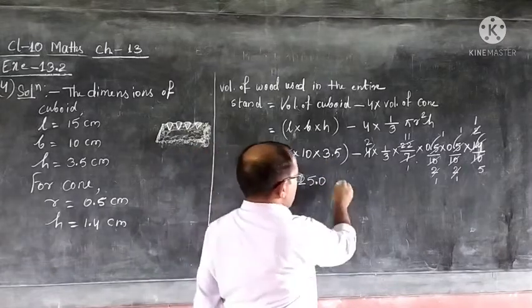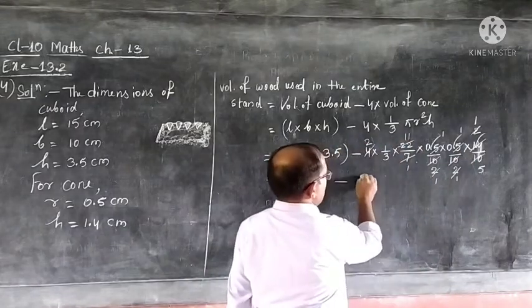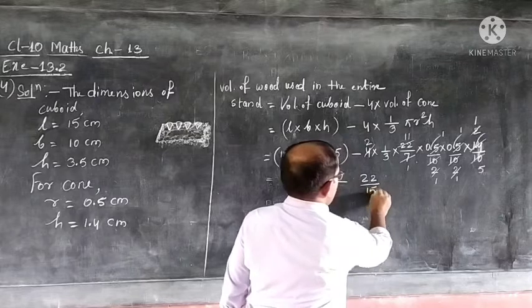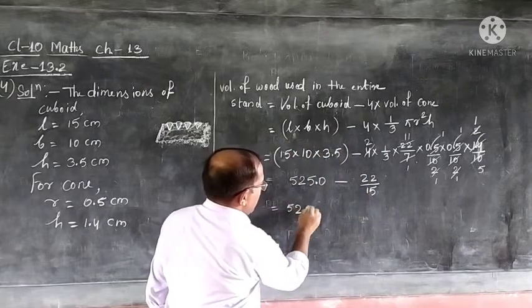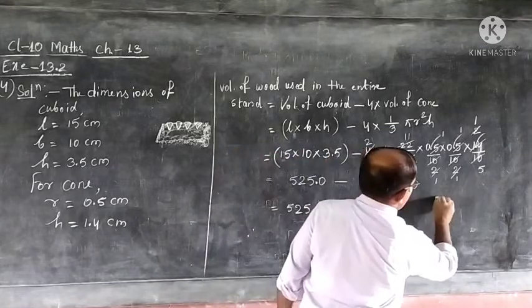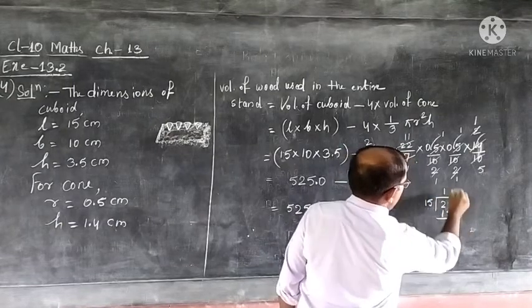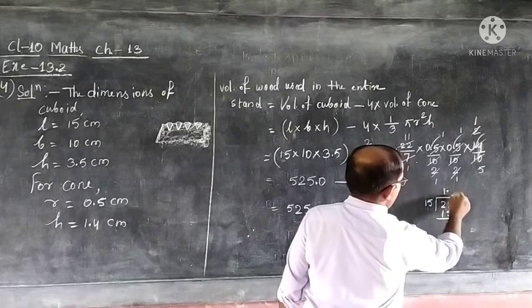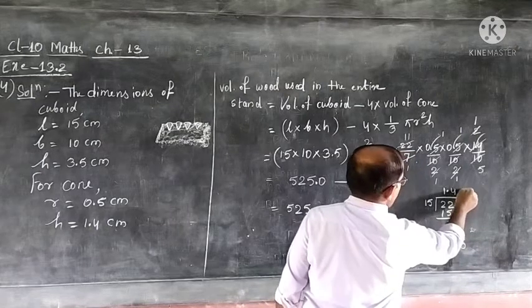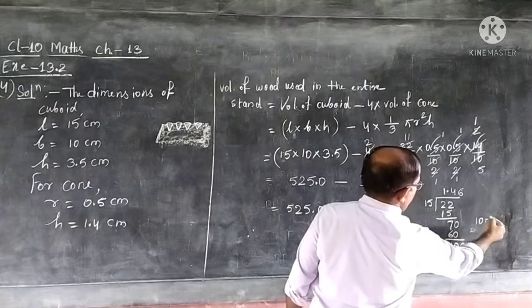We go after minus, we find 2 into 11, in numerator only these two numbers are there, 22, by 3 into 5, 15. So what shall we do now? 525.0, let it be, minus 22 divided by 15, separately we will convert into decimal. 15 ones are 15, 7, now we put decimal 0, 15 fours are 60, remaining 10, again 1 0 comes, 15 6 are 90, 100 minus 90 will be 10, again 1 0 we can take.